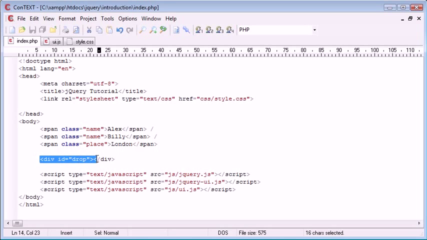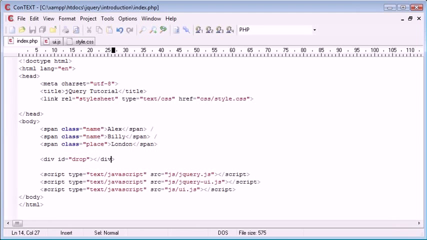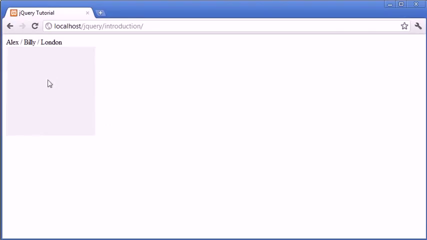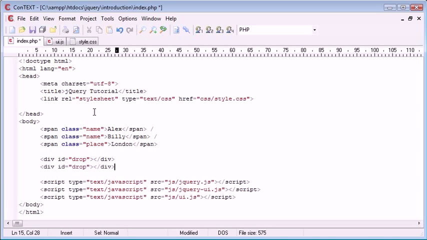So this is our drop area. It's remained the same. However, what we want is only specific elements based on the class, so name or place, to be allowed to drop inside here. Now you might be wondering why we do this. Now let's just say you had particular elements you wanted in particular boxes. For example, you might have another div next to this one,